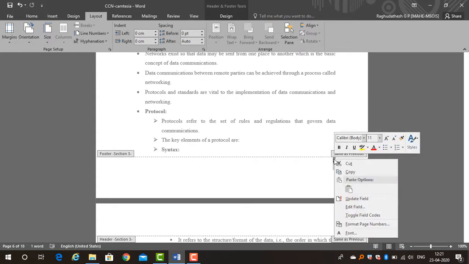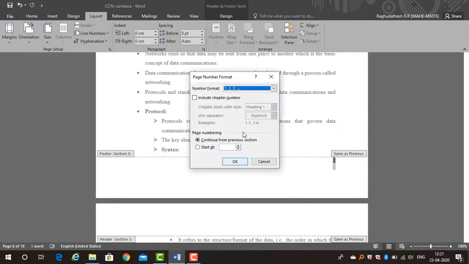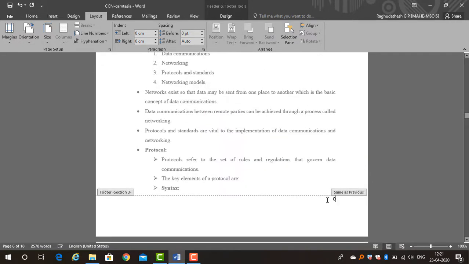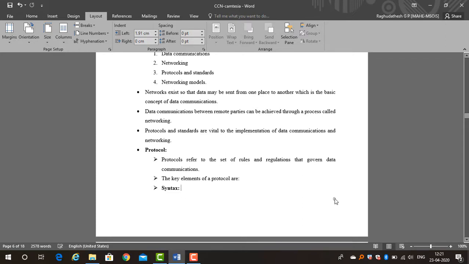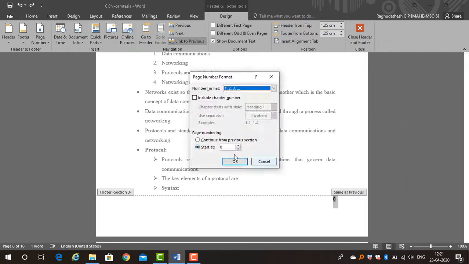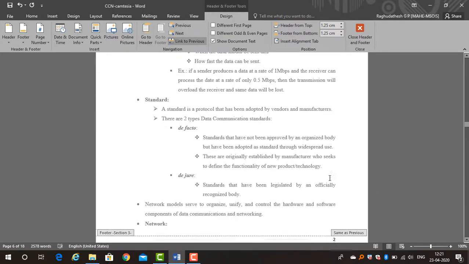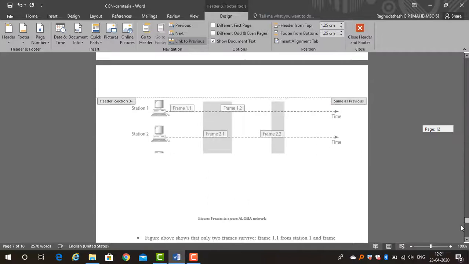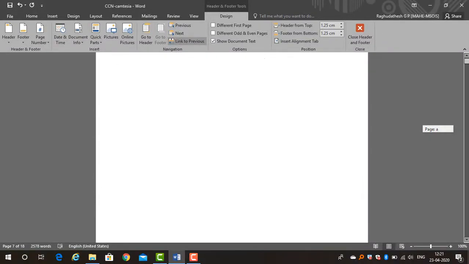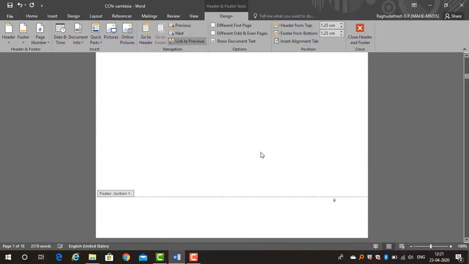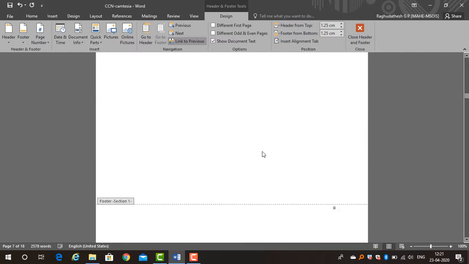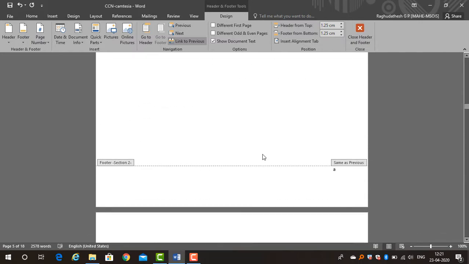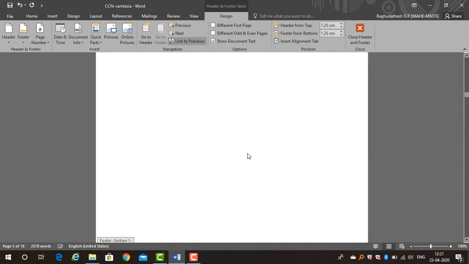For section 3, in the same way, I will right click on that number, go to Format Page Numbers, and I will tell it to start at 0. Since it has started at 0, sorry guys, I will instruct it to start at 1. So my page numbers will begin from 1. See, now the page numbers will be continuous and end at 30. In this way we can assign individual page numbers to different sections uniquely. So this is the first part of the presentation.